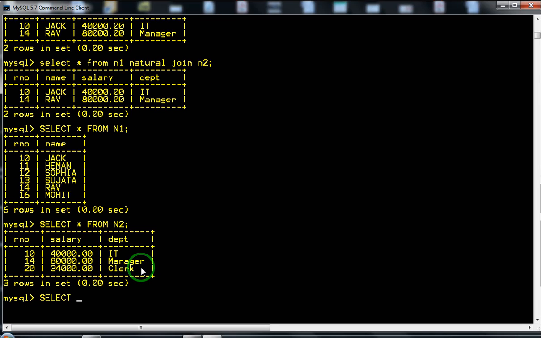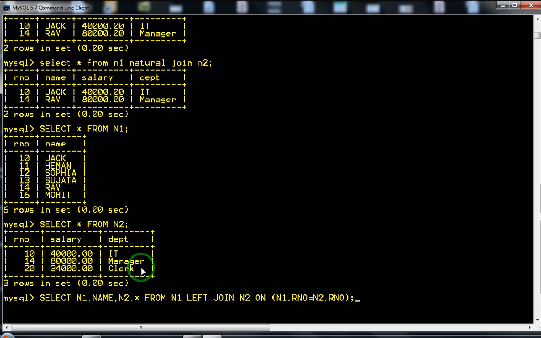So I will give the command select. I want to display only name from the n1 table, n1 dot name, comma, and from n2 I want to display everything, and then from n1 left join n2 on n1 dot r number equal to n2 dot r number.